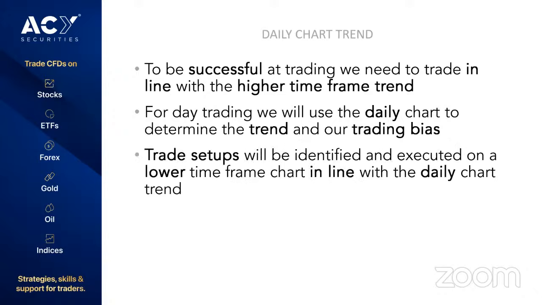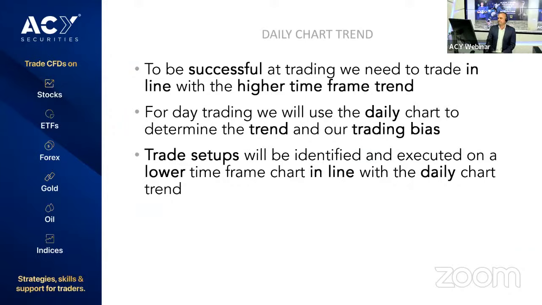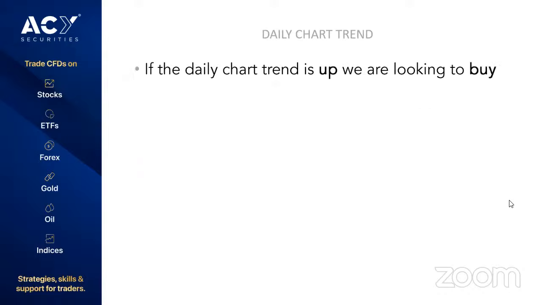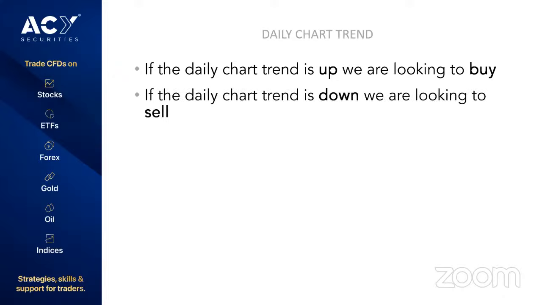And for looking for trade setups, you're going to go through a strategy, so it'll give an indication of how to look. The strategy you're going to take us through is looking at the day chart for the higher time frame trend and looking at a lower time frame chart, the 1 hour chart, to identify and execute trade setups in line with the day chart trend. That's what we're going to put across tonight in a very simple strategy. If the day chart trend is up, we want to be looking to be a buyer on a setup. And if the day chart trend is down, we want to look to sell on a setup.